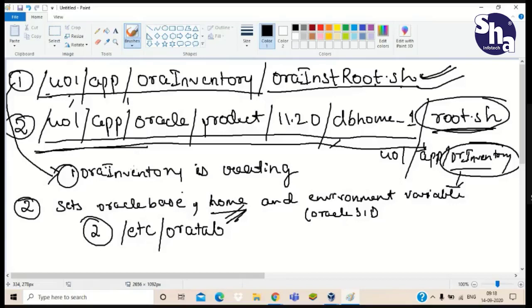And what is this oratab file? Why is it so important? It is very important because all the databases and their locations are present in this file. All the databases that we will be creating in the next step, all that database information will be present in this location.